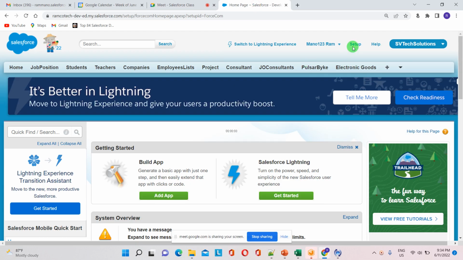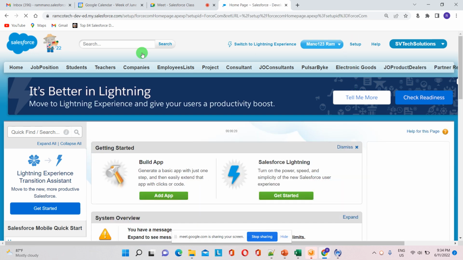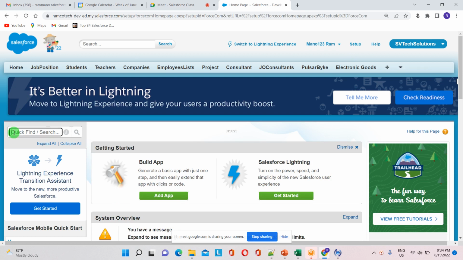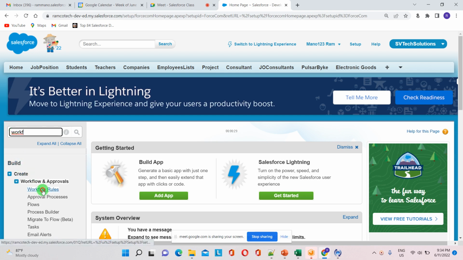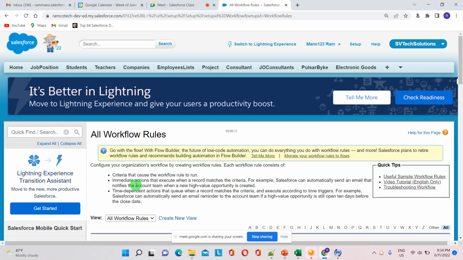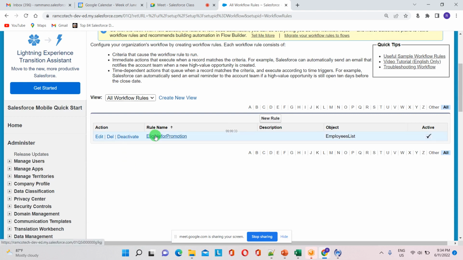So can you please guide me how to do the navigation for workflow rules now? Profile? No, no, no. Setup. Setup. Quick find. Okay. Workflow rules. Is here. And now if you click on this,